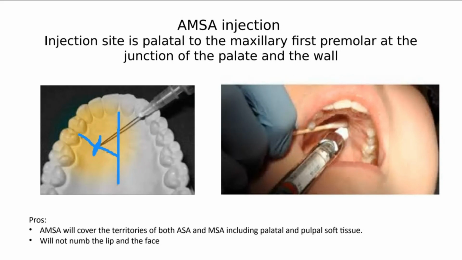So this is a good thing about that, you do not need additional. Remember, ASA, MSA, PSA, these will need additional, like nasopalatine and greater palatine. This does not need it, and that's why they are talking about this, and you will learn more about it in the clinic. And the other good thing about it is, when you remember when you do the infraorbital,